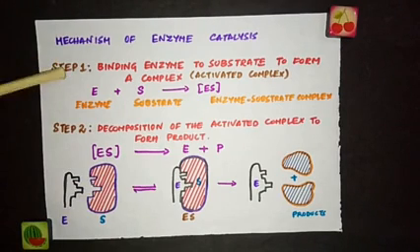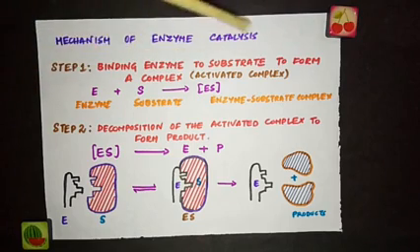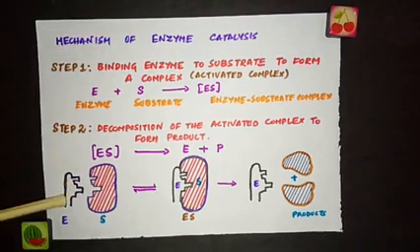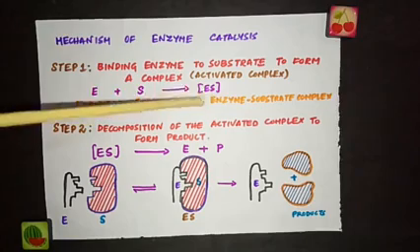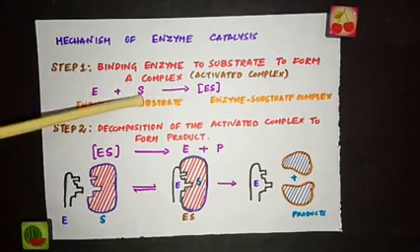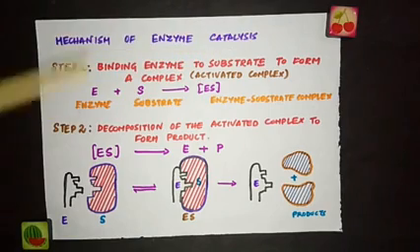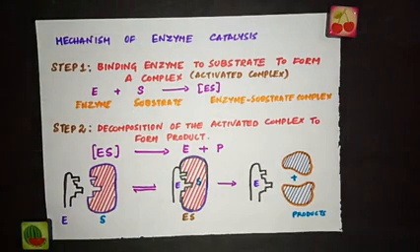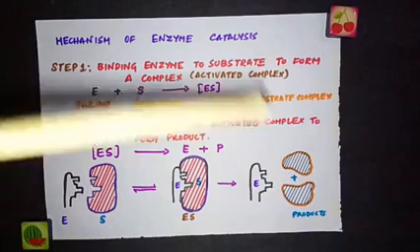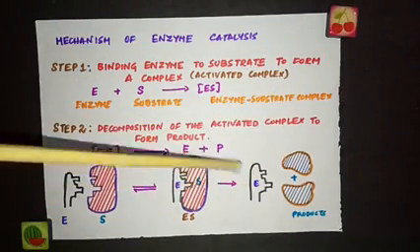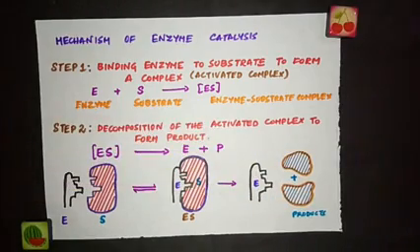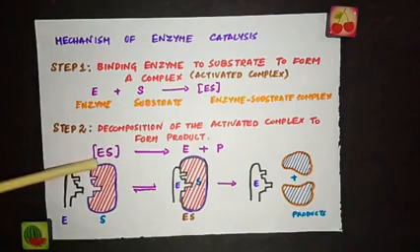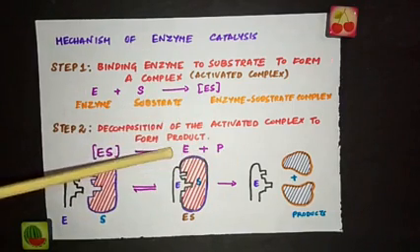So in the first step, the enzyme binds to the substrate to form a complex. Now this enzyme is fitting into the substrate to form this activated complex, which is represented as ES. E is the enzyme, S is the substrate, E plus S giving you ES. And in the second step, what happens? This activated complex breaks down to give the product and releases the enzyme. Now see, this is breaking down, the products are released, and the enzyme is again coming out. That is represented as ES giving you E plus P. E is the enzyme, P is the product.